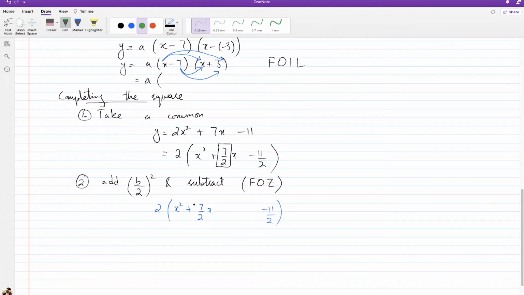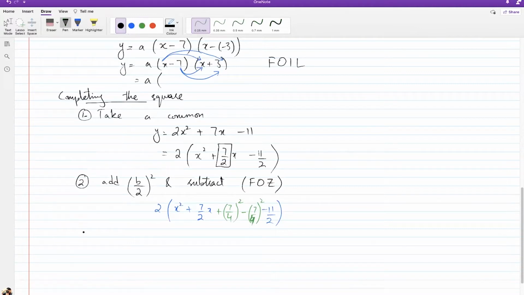What is that? This is b, 7 by 2. What is 7 by 2's half? It is 7 by 4. I add this and square it, and I subtract this and square it. Then what have I basically done? I have added nothing, because if we subtract the same 7 by 4 whole square, overall it becomes 0. So this is all a form of 0, but what it allows us to do is completing